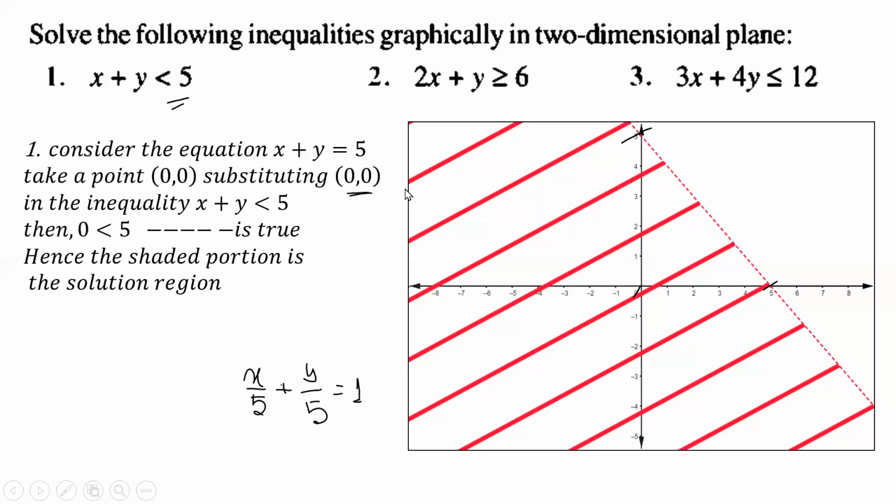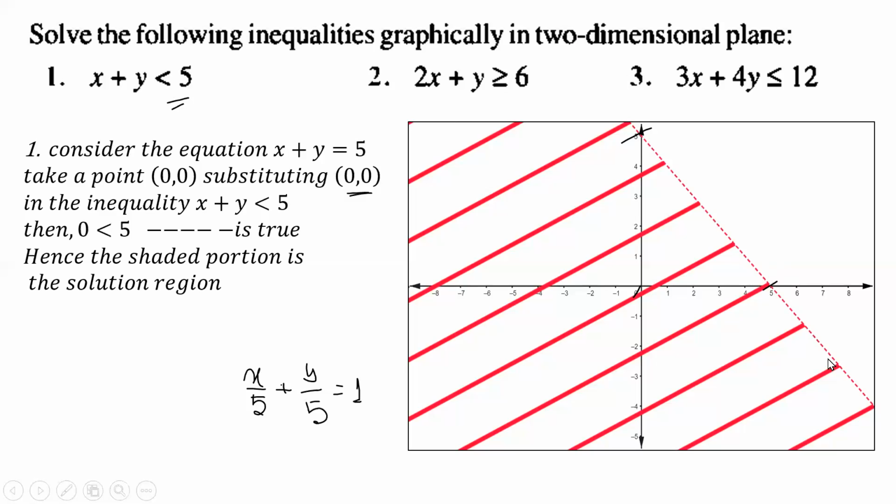That means we will consider all the points present in the left hand side of this line x plus y equals 5. Now look here, a less than sign is there. That means we will not consider this line. Except that line, just after this line, we will consider all the points except that line. If it is less than or equal to, at that time we will consider this line also.